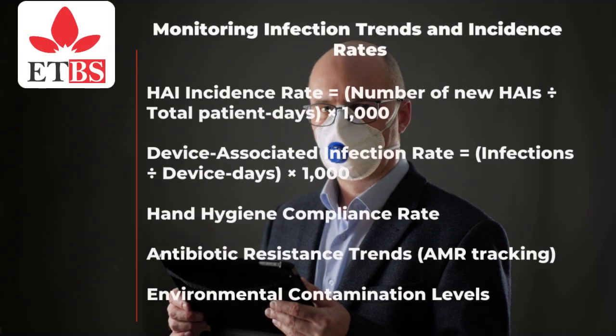2. Monitoring infection trends and incidence rates. Core metrics to track: HAI incidence rate equals (number of new HAIs divided by total patient days) times 1,000; device-associated infection rate equals (infections divided by device days) times 1,000; hand hygiene compliance rate; antibiotic resistance trends, AMR tracking; environmental contamination